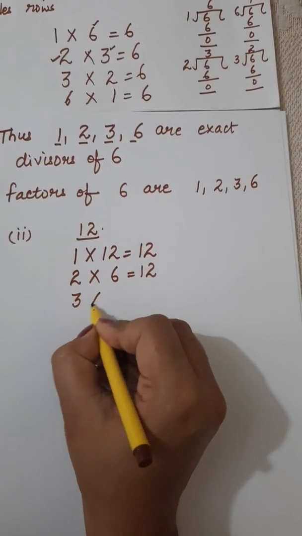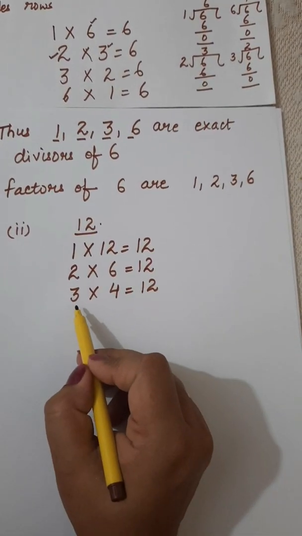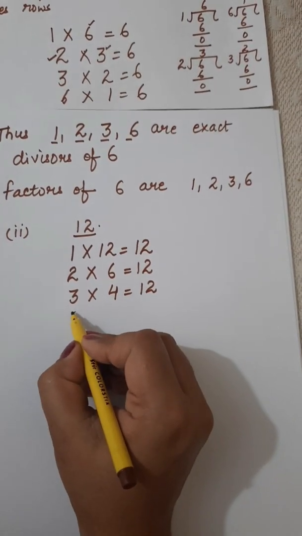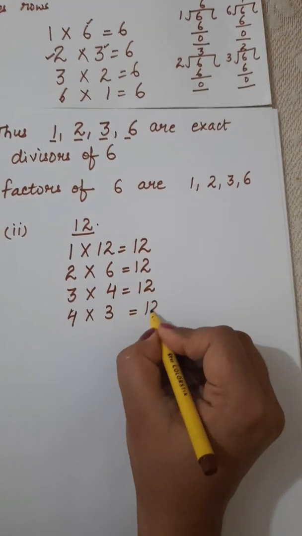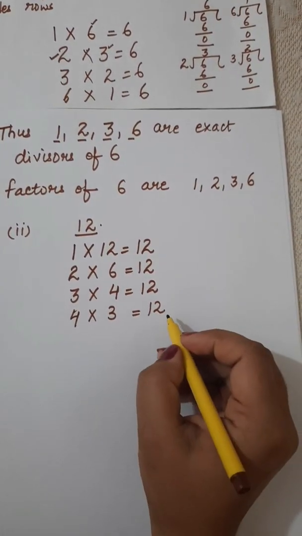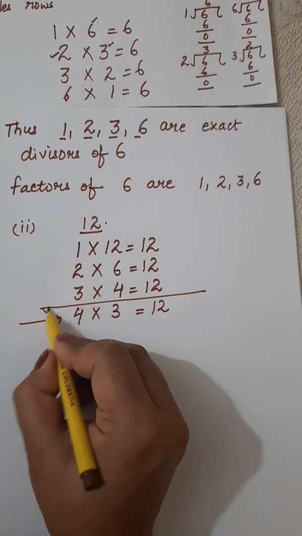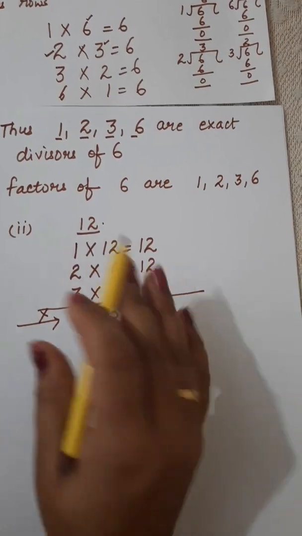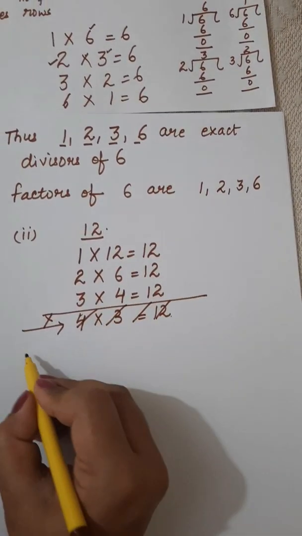Then next is 3 4s are 12. 3 into 4 is 12. When I multiply 3 by 4, then I will get 12. If I multiply 4 with 3, then I will get 12. So again the reverse process will take place. So here I stop the process. When I get the vice versa of the number, then I will stop the multiplication over here. For this I will write